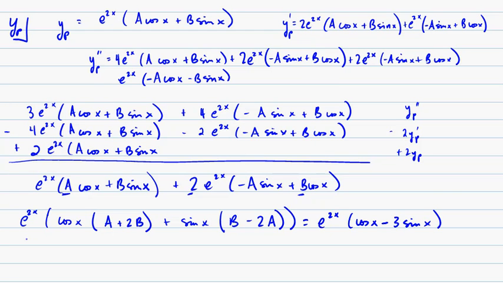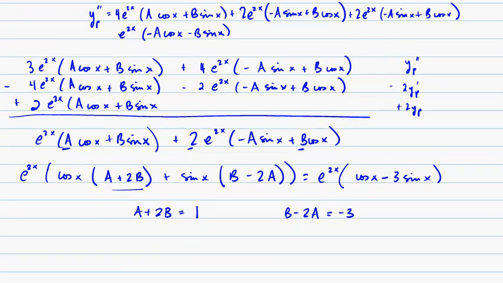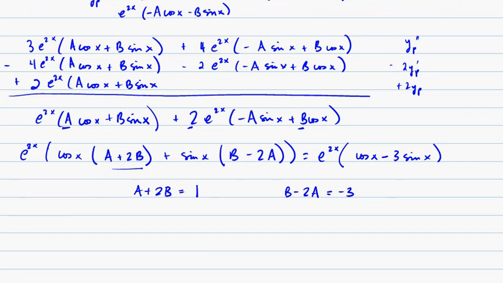So as you can see, these two look very similar, and if they're going to be equal, then the number in front of cosine here has to be equal to this number here. So a plus 2b must be equal to 1 if these two are going to be equal. In addition, you see the number that's multiplied times sine x here is minus 3, so this equation here has to be minus 3. And now we have two equations and two unknowns, and so we should be able to find what a and b are. So a here is 1 minus 2b,